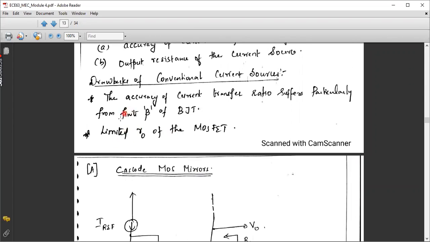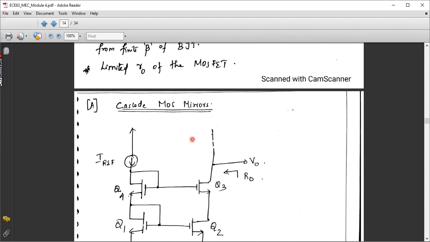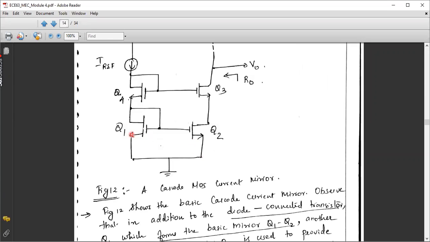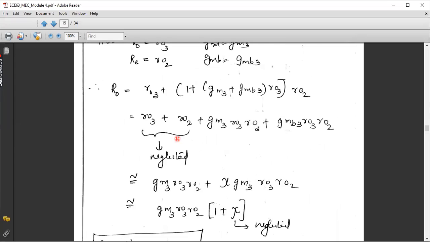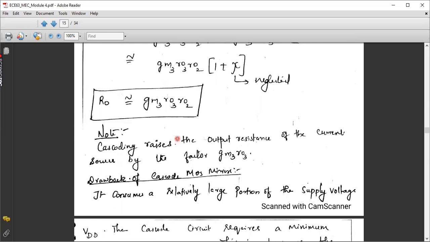So one drawback I have addressed. What is the one drawback, students? If you are using a conventional MOS mirror, by making use of simple Q1, Q2 alone that you have studied in the previous current steering portions, right? In that, we have used only Q1 and Q2 and we have written I2 in terms of I1, isn't it? The reference current IREF. But the main drawback is their output resistance is very less. But once you cascade this Q3 and Q4 over Q1, Q2, their output resistance has increased by GM3 R03 times.